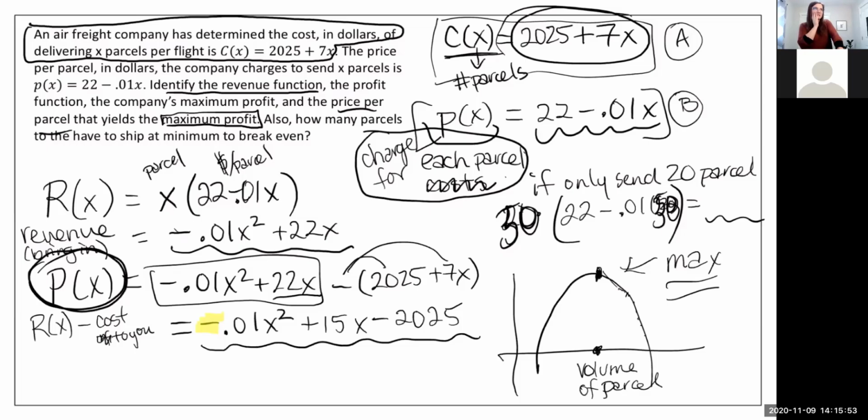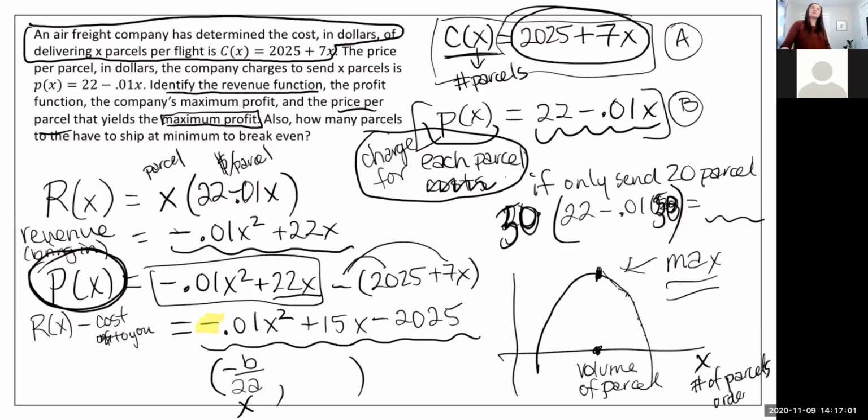greatest potential. So how could we figure out that maximum? So if, let's say I don't want to, too lazy to put it on a graph, what's another way to figure out what that maximum is? Yeah, good call. Get the vertex. That's what a maximum is, really, is we're interested in the vertex. So we could figure out that x value by going negative b over 2a. So, and again, this is your x value. So think about what your graph is. X is the number of parcels ordered,